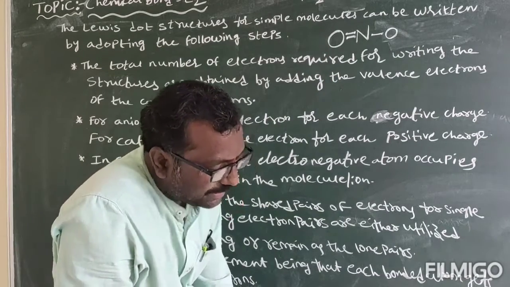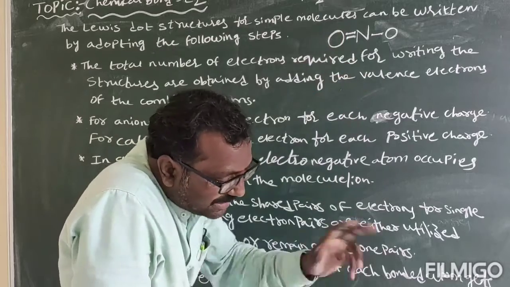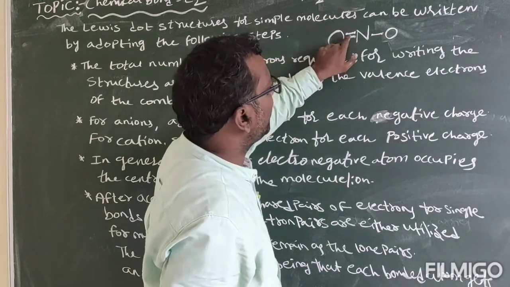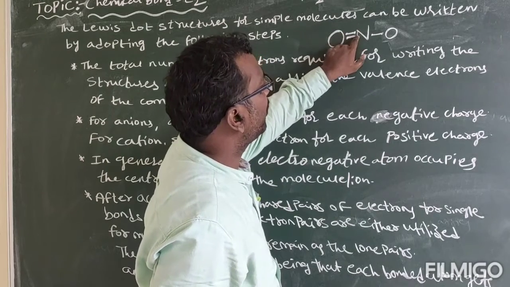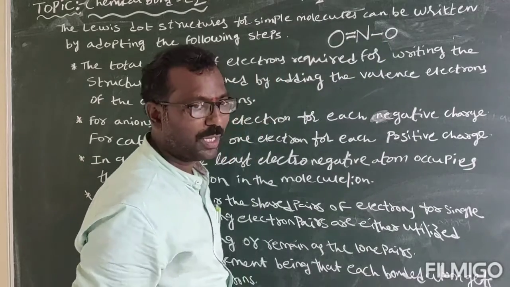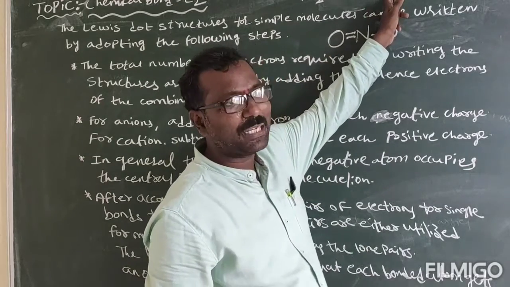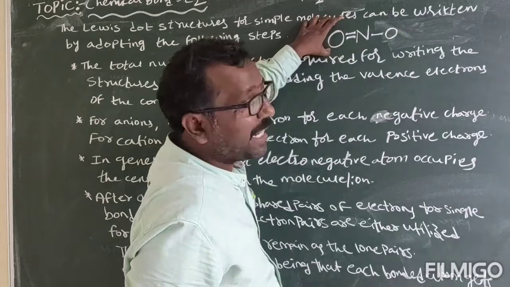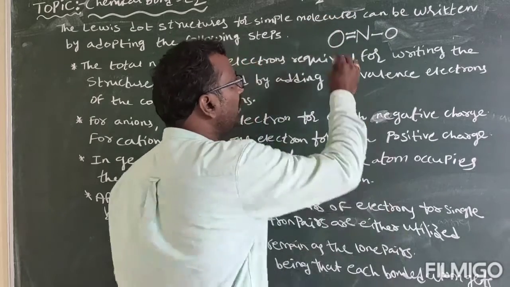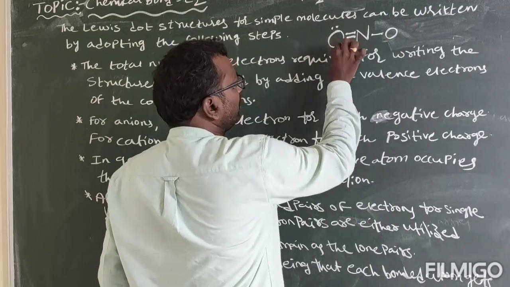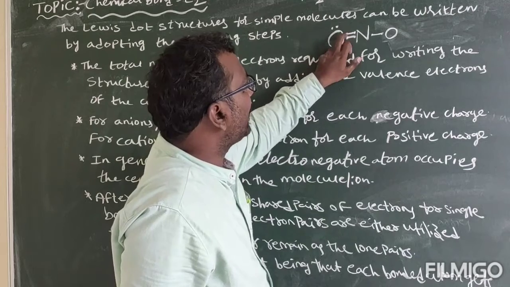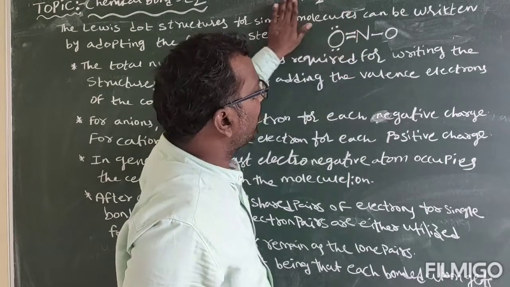Now what do I have to do? I have to check the valency of each element. Let us consider first this oxygen. How many electrons are completed? 2 plus 2, 4. Here total 4 electrons are completed. Okay, but the valence electrons are how many? 6. But the octet configuration should be how much? 8. So how many electrons are left? 4 are left, so I will keep them like this as lone pairs. Okay, 1, 2, 3, 4, 5, 6, 7, 8 is completed for this oxygen.